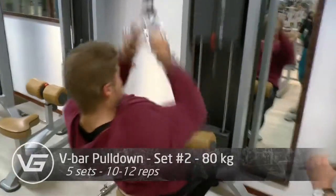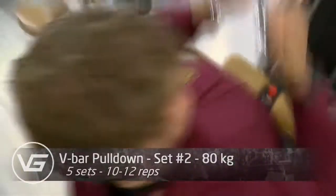I really want to work my back this year. I really want to get it wide. I want to increase the...